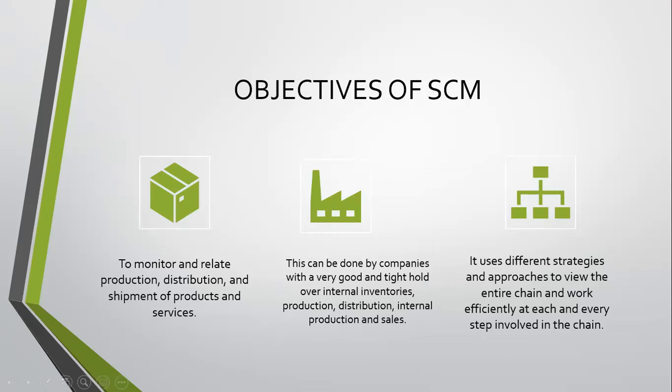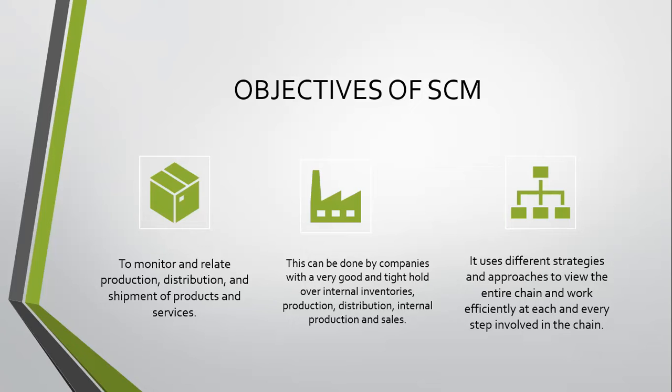The basic objectives of supply chain management. First, to monitor and relate production, distribution, and shipment of products and services. What we understand from this is that supply chain not only relates to passing on or making the product available from one end to another, but it also relates to how much production is required at the point of time, how we are going to distribute to the number of networks, suppliers, or the retailers, right? And how we are going to manage the shipment, how we are going to focus on the logistics so that the product can reach from one country to another country, or in some cases from one province to